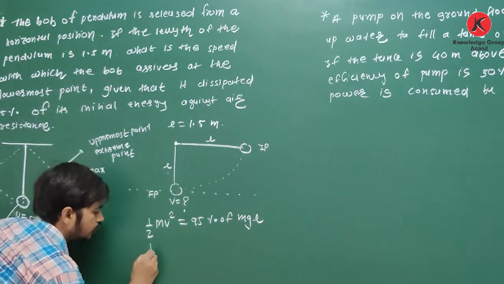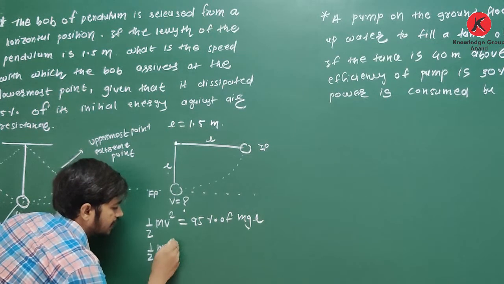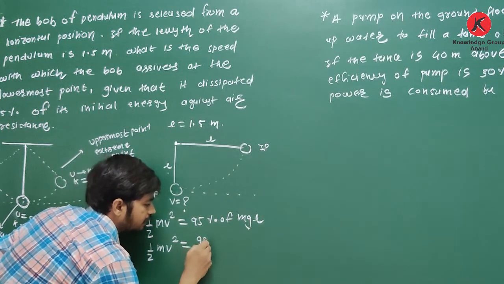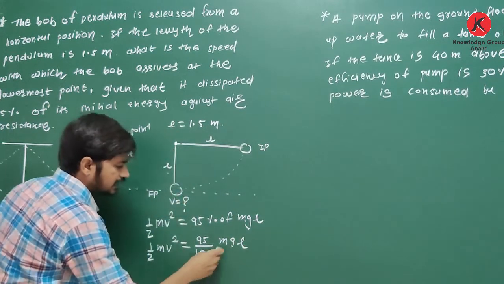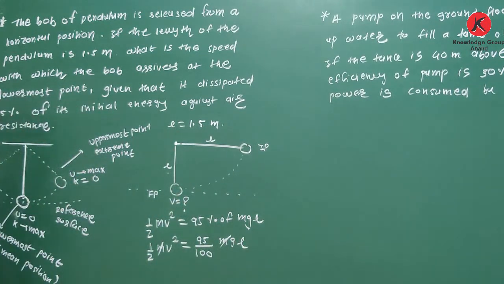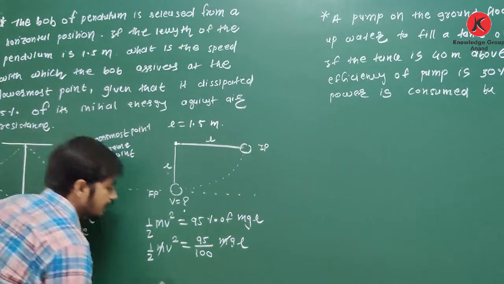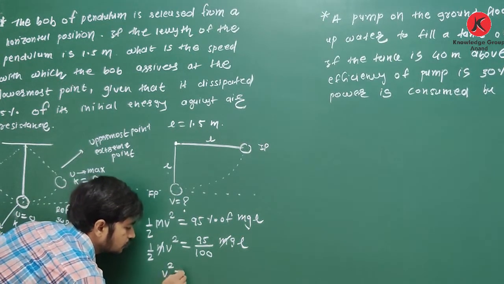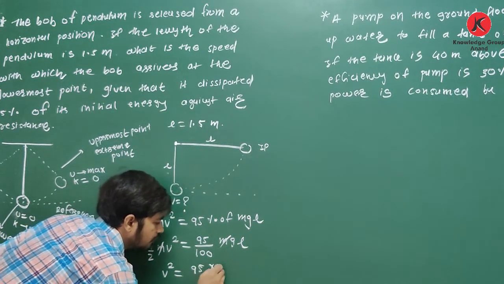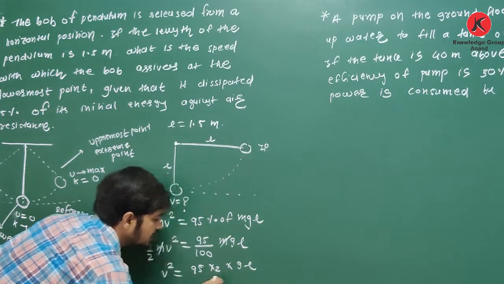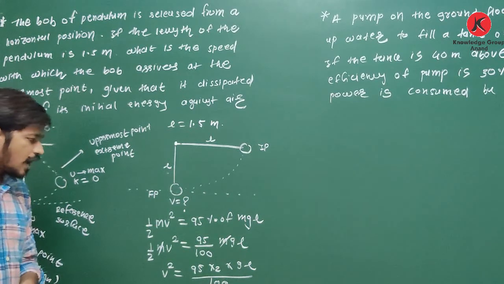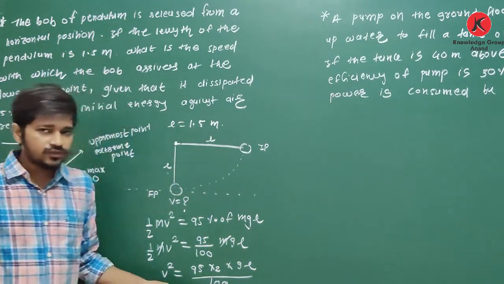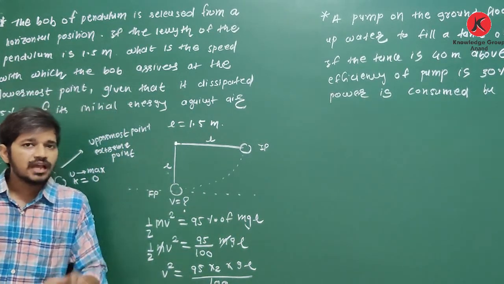So here, half mv square is equal to 95 divided by 100 times mgl, and m cancels. Now you have to find v and make v square the subject. V square is equal to 95 into 2 into gl divided by 100. You have to calculate the value of v square, find the value of v,